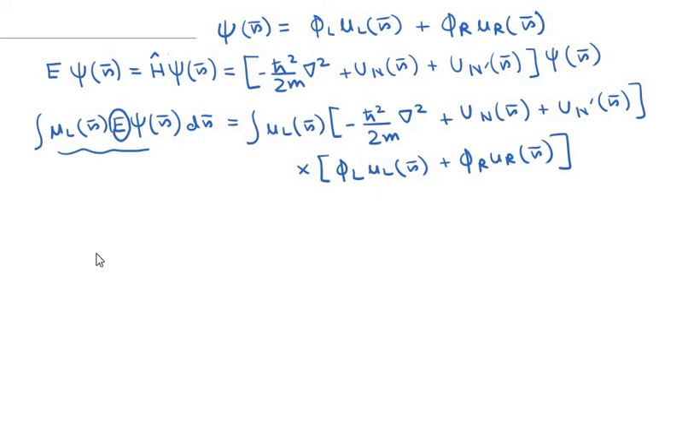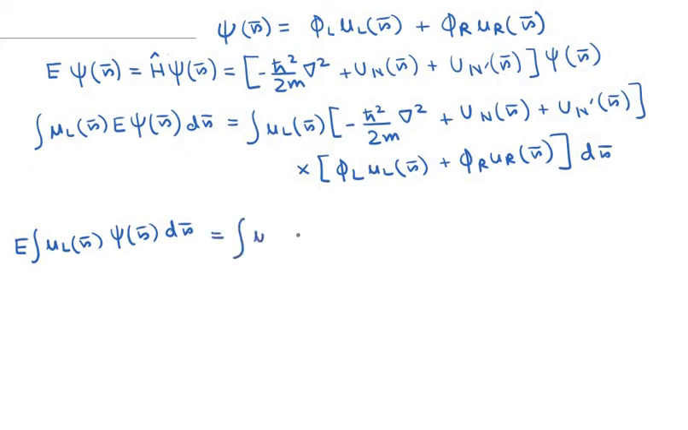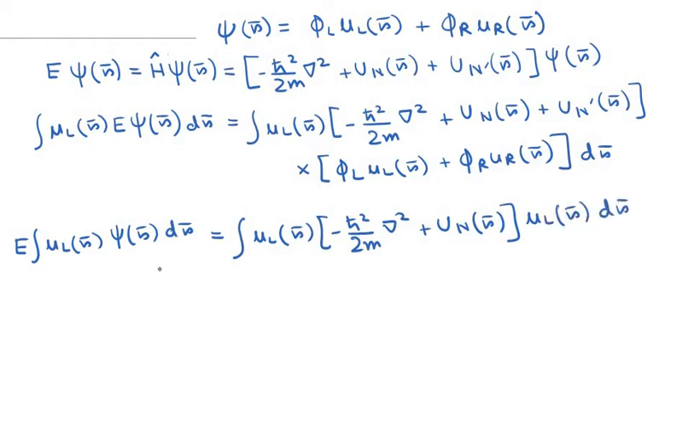Here E is a constant, so E comes out of the integral. So E times the integral of u L R psi r dr is equal to the integral of u L R, then this part was the Hamiltonian of the left isolated atom, minus h bar squared by 2m del squared plus u n r, times u L R dr, plus the integral of u L R u n dash r u L R dr,